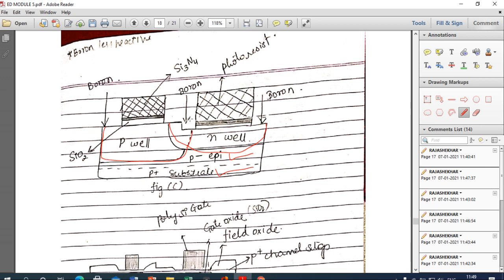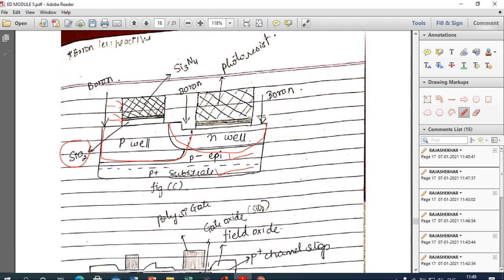Then we got the photoresist material, silicon nitride, this one, and this is SiO2. These three materials are used to perform oxidation and implantation. That's why we are showing these three materials, SiO2, silicon nitride, and the photoresist.